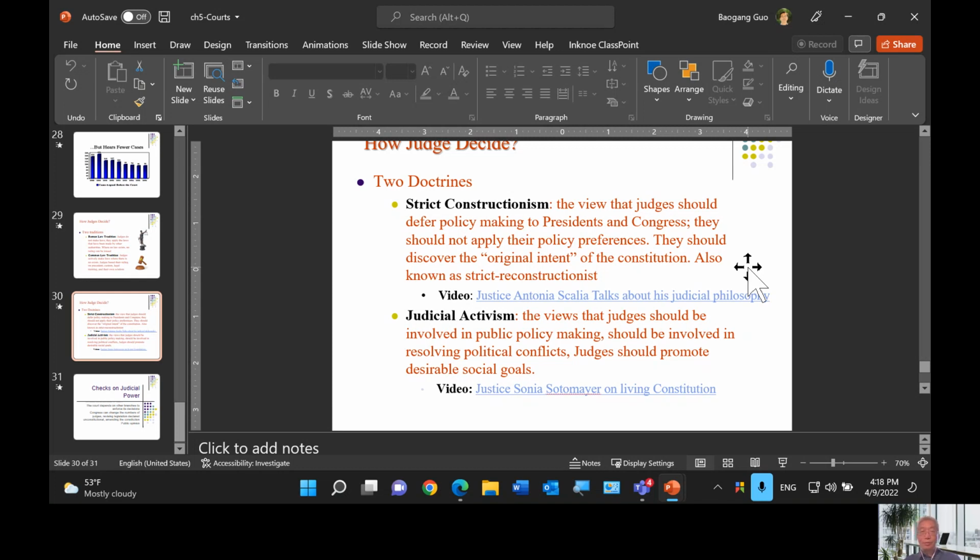You must do it with deliberate speed. If you need five years, they want to see the plan for how to get it done in five years. So the court actually wanted to monitor the whole process. The court was heavily involved in the school desegregation process. So the Brown cases serve as a good example of how judicial activism works.